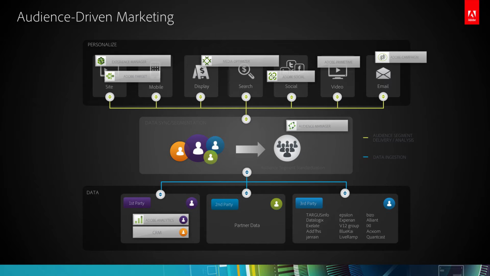And so if you're looking at an example of how this works, you start off with this bottom layer where you have your first-party data, again, the things that happened on your site and the things that you have in your CRM, connected with everything you're buying with the data exchanges, being consolidated into one place for those audience segments, and then not just used on display, but used across channels to keep those audience segment definitions consistent.